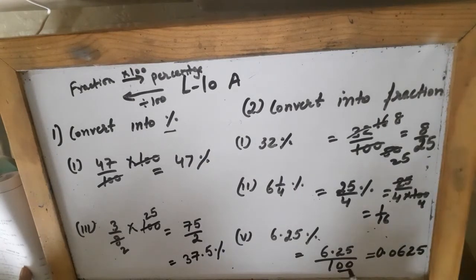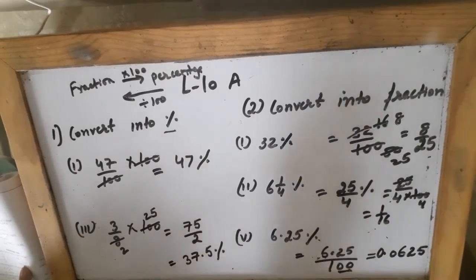answer. Hope you remember this, that when we divide any decimal number with 10, 100, 1000, so as many zeros as there are, that many places the point shifts back or to the left. So there are two zeros, so this point will shift two places back. So one is after 6 and then 10 I will apply over here, and this decimal point will come here, so it will become 0.0625.